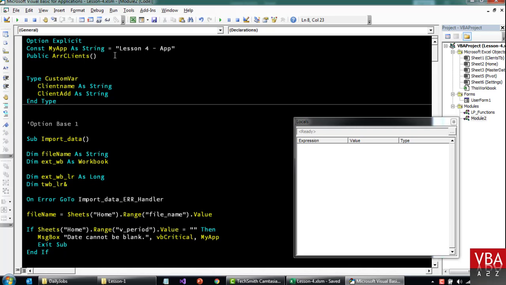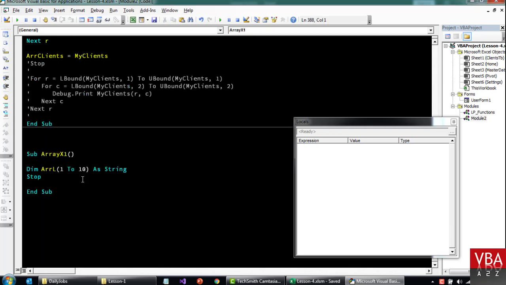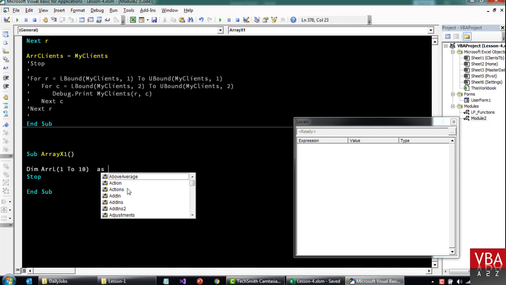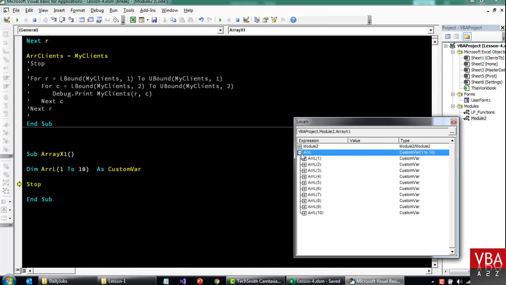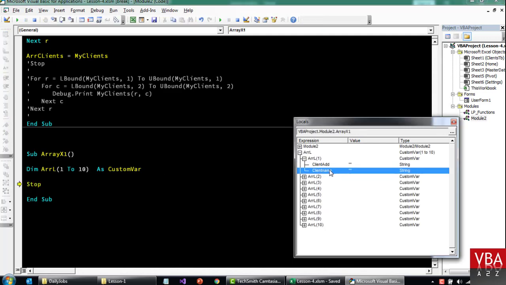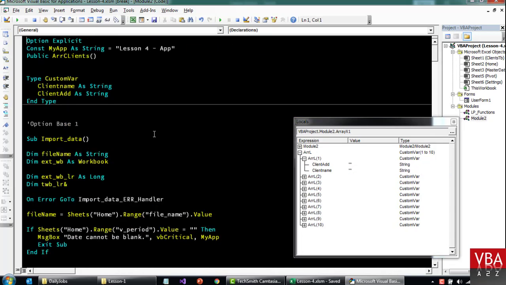Okay, now we can use this data type in our array. We can say as this, something like that. Yeah, and if I run this now, you'll see that these are both strings now. Now if I change one of them,